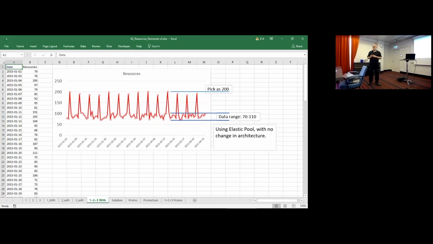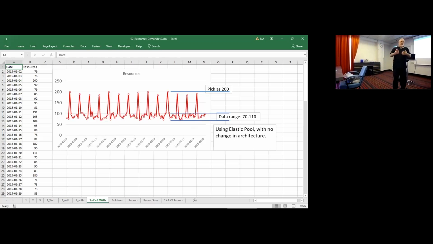We try to move this to the elastic pool, and this was the result. We didn't gain almost anything. It went down a bit to 200 resource units. 200, 210, it's nothing. And if you go to the Microsoft documentation, or ask people that work with Elastic Pool, they will tell you that this case is a case study of when not to move to Elastic Pool. This case does not fit Elastic Pool.